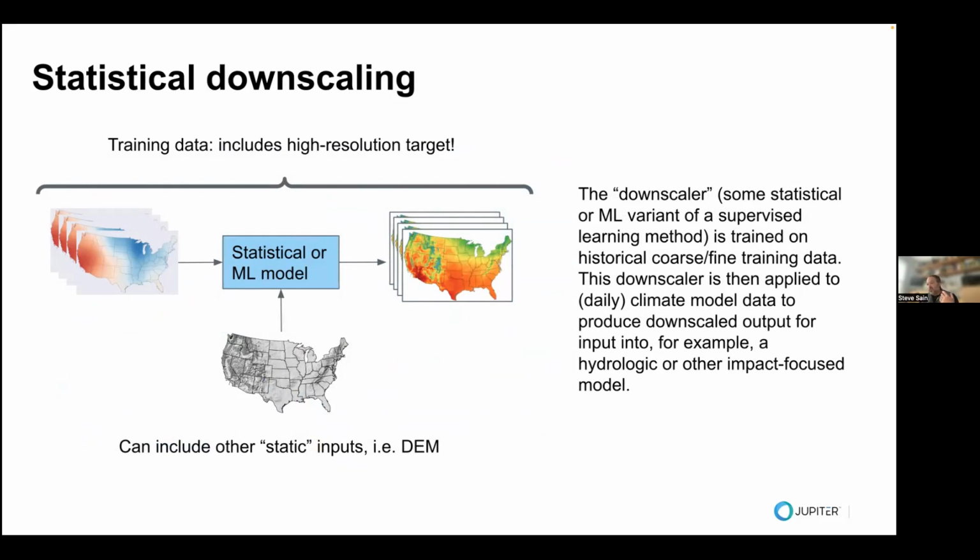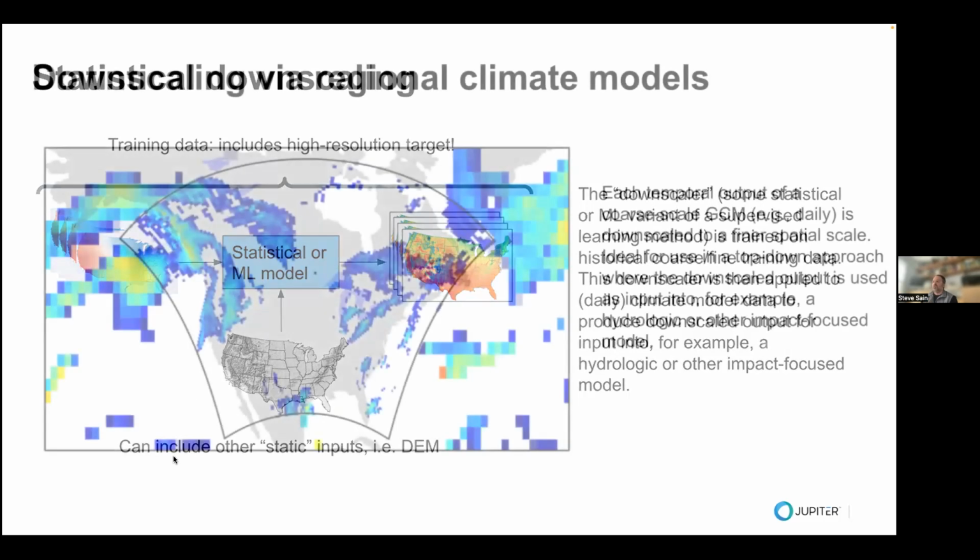And once you think about it as a regression problem, you can plug in your favorite regression or machine learning variant and produce something that operates much the same way. It takes every time step of a global climate model and downscales that time step. And then that downscaled output can be used in